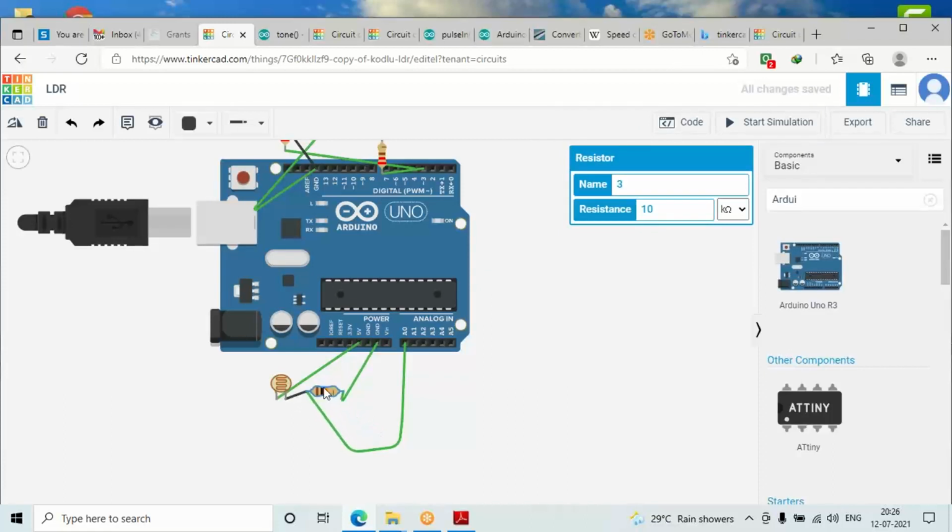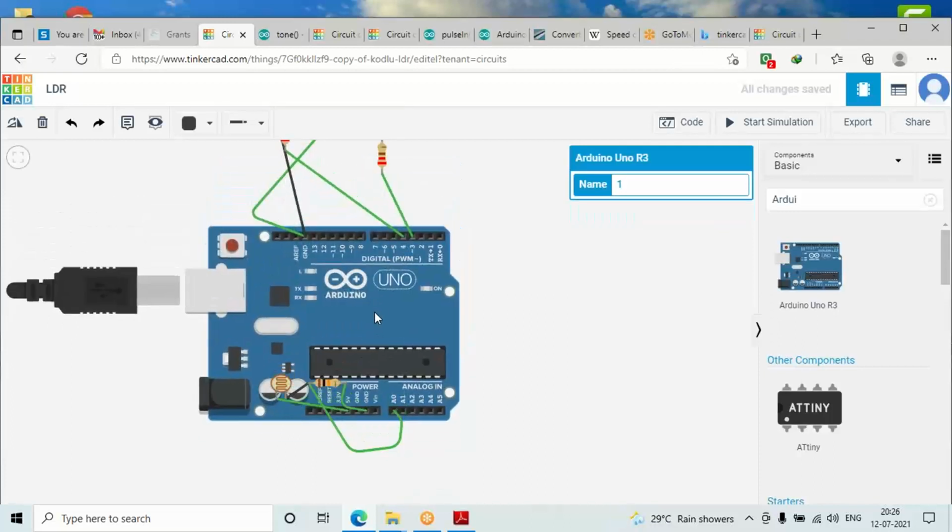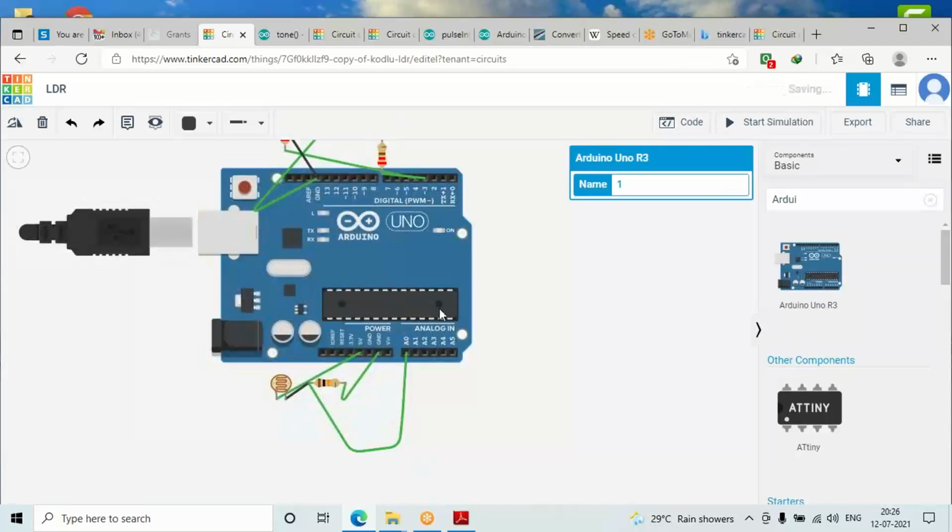You can see carefully: one terminal is connected with 5 volt, and the other terminal goes through the resistor to ground, and from there, in parallel, it also goes to A0. Once you do this, you get a good connection and there will not be any issue. If you connect in this format, your photoresistor will work well.